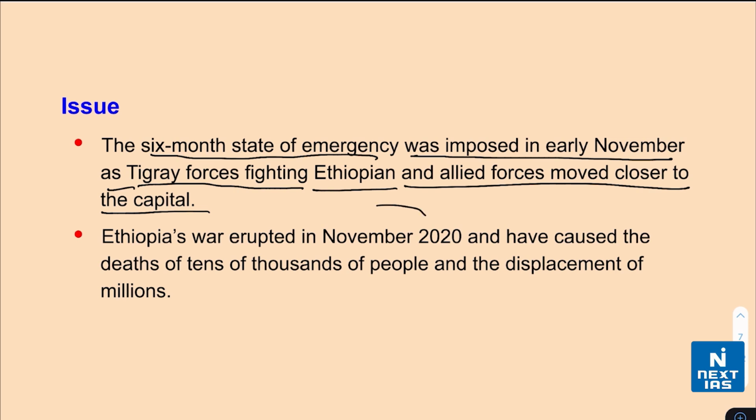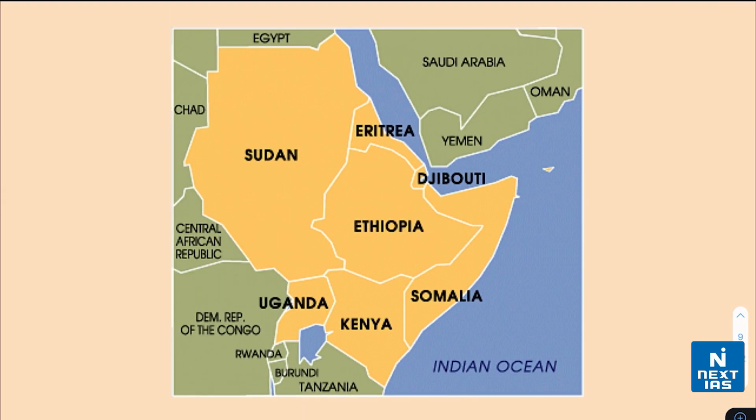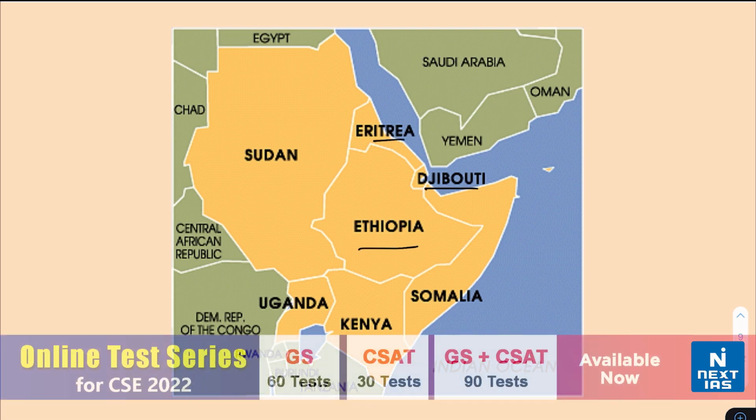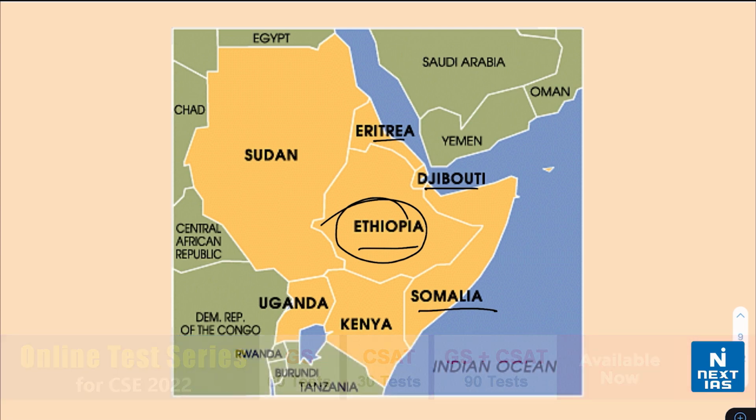The war started in November 2020 and has caused the deaths of thousands of people in the region. If we talk about Ethiopia, it is a part of the Horn of Africa. When we talk about the Horn of Africa, there are 4 major countries which are part of this: Eritrea, Djibouti, Ethiopia, and Somalia. As you can see in the map, Ethiopia is a landlocked region and it is actually the second